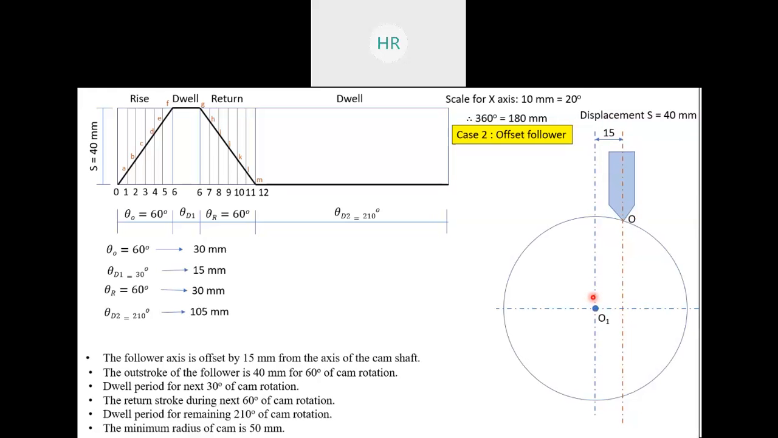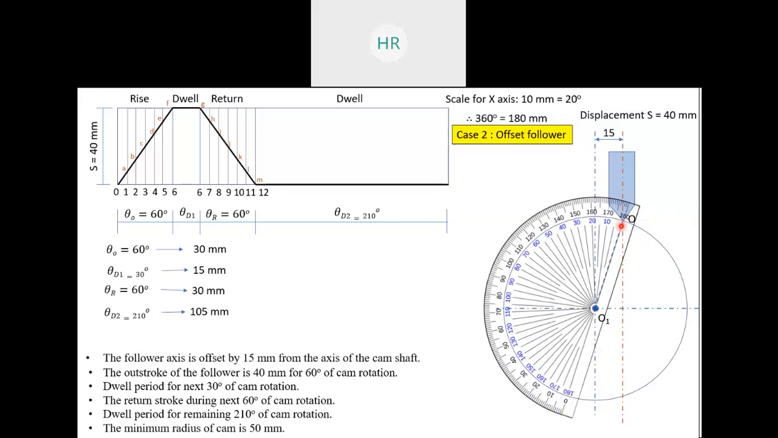Now there are slightly different steps than the previous case. In the previous case we were starting the division from this line. But now, as our follower is offset, we will first join the points O and O1. Then from this dotted line,